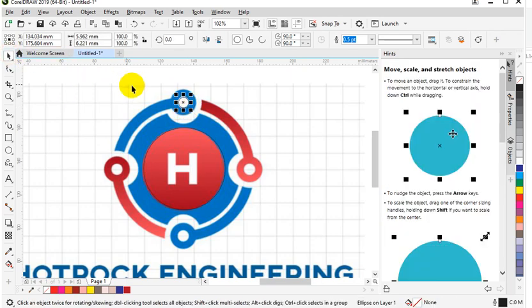As you can see, this circle is almost the same size as this one, this one, and this one. So I don't need to redraw all those circles. I can just copy that one and paste. So in this case, Control C, Control V, Control V, Control V. I now have my 3 circles. So you take your pick tool, you click and drag with your mouse to place the circles where you want them. So I have my circles,